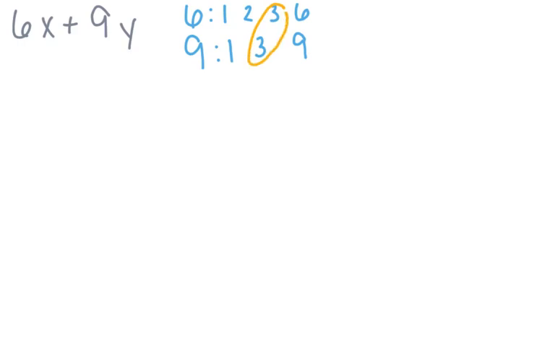So we're going to take 3 and put it on the outside, and then we're going to put our parentheses. However, since we've taken 3 out, we have to divide each of these numbers by 3. So it's going to be 6 divided by 3 and 9 divided by 3. So 6 divided by 3 is 2, and 9 divided by 3 is 3. So we're going to have 2x